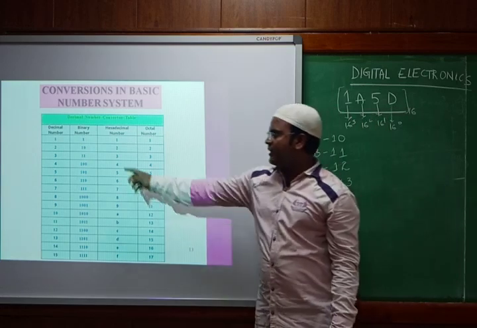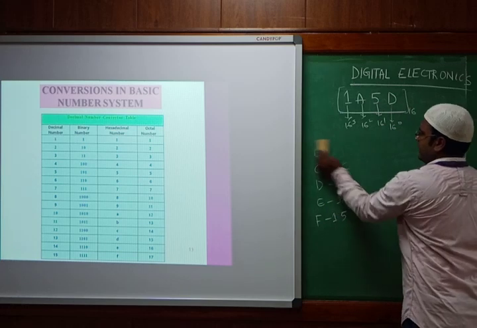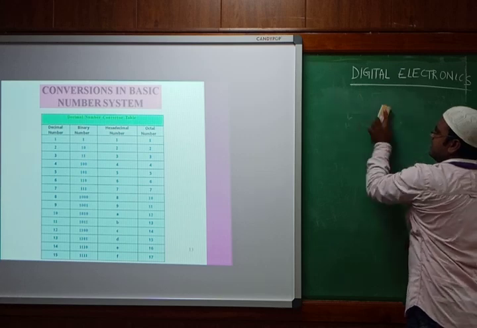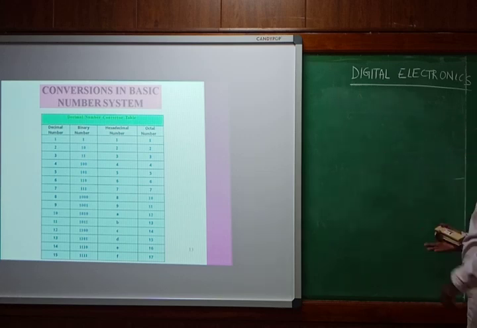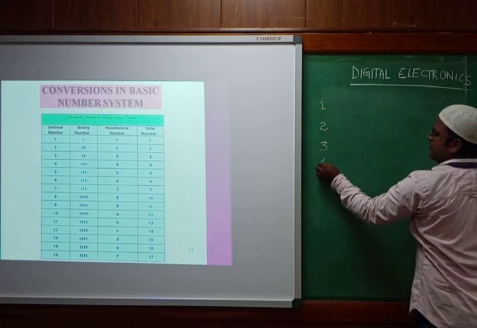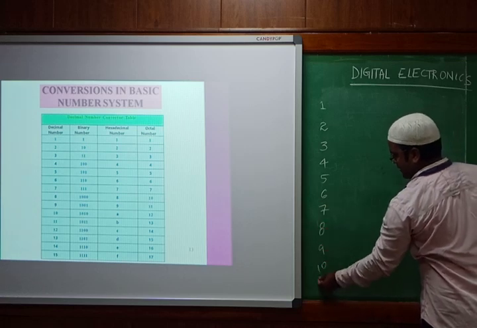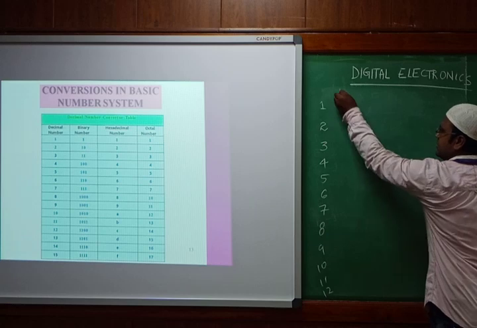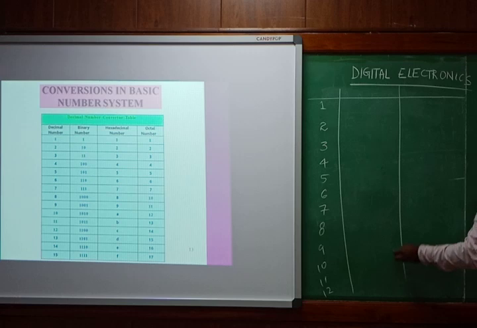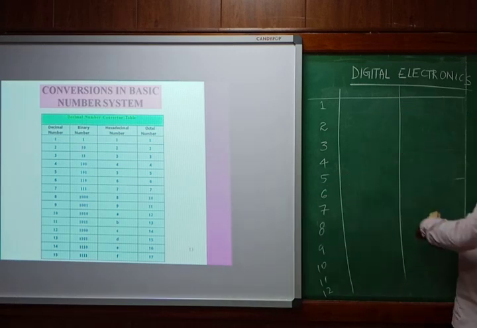So like that we have taken an example from 1 to 15. So how will we convert that into binary form? That we'll see if I do have the numbers from 1 to 16. So if I am taking the first digit as 1, the next digit I am taking as 2, 3, 4, 5, 6, 7, 8, 9, 10, 11, 12. These are my digits I do have. I need to convert into respective numbers. So first thing is that I need to convert into binary numbers. So what is the binary form for this one?